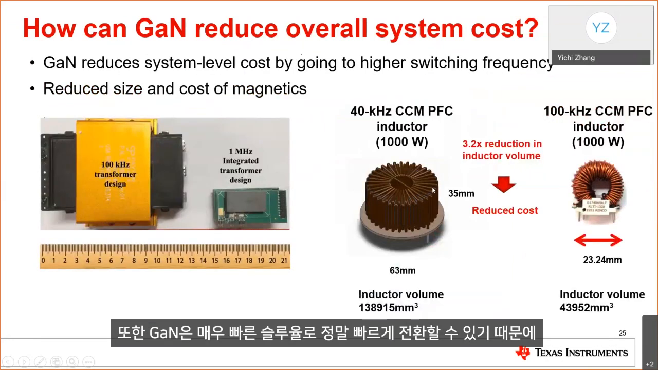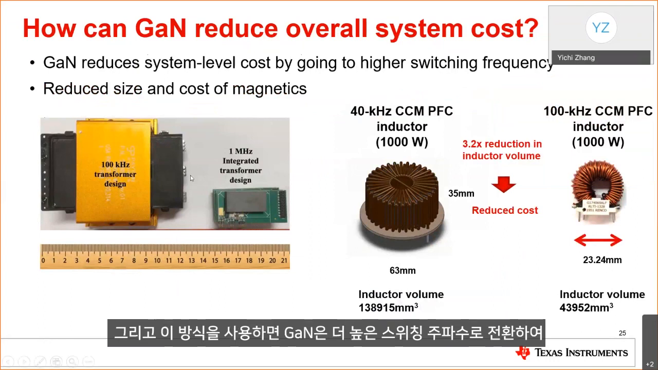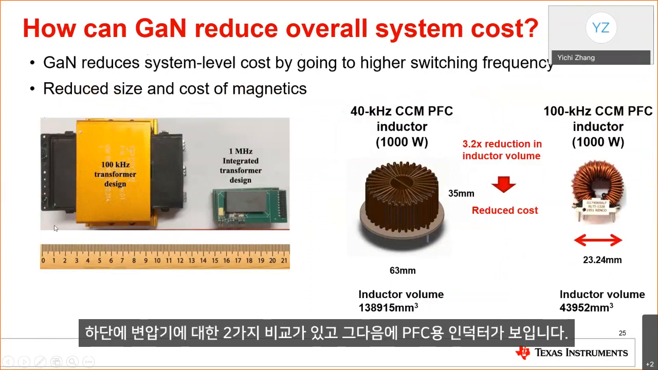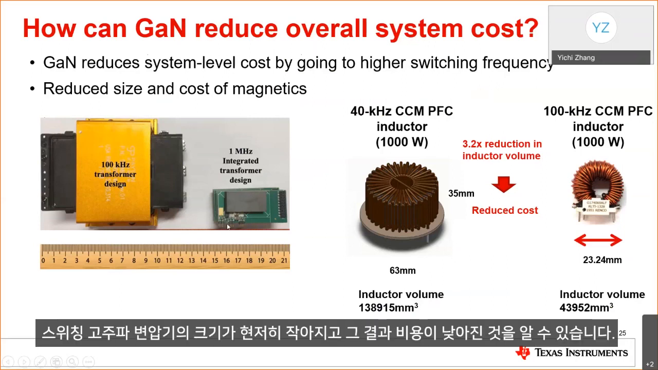And also, because GaN can switch really fast with very fast slew rate, it can help with your efficiency and reduce your switching losses. And in this way, GaN can reduce the system level cost by going to higher switching frequency. So it can in turn reduce the size and cost of magnetics. In the bottom, you can see two comparisons of a transformer and a choke, an inductor, for the PFC. On the left, you can see a comparison of a 100 kilohertz transformer versus a 1 megahertz transformer. And you can see the size is dramatically smaller and the cost is in turn less expensive for the higher switching frequency